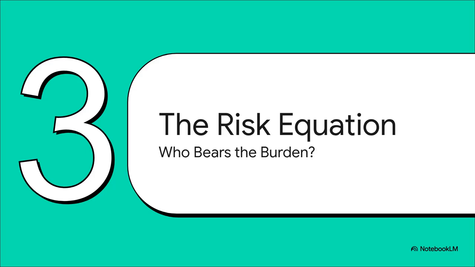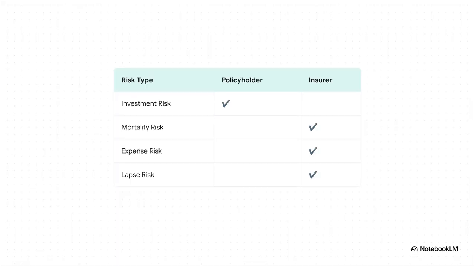Okay, so this whole structure leads us to the most important question of all, especially for exams. Who is actually carrying the risk here? And this table just lays it out perfectly. Look, the investment risk, the chance the market goes up or down, is 100% on you, the policyholder. Period. But in exchange for taking that on, the insurer keeps all the risks they're good at managing: mortality, expenses,